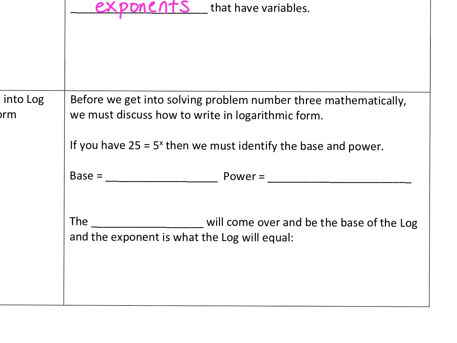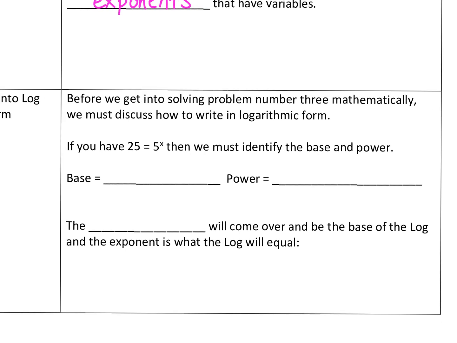So first we gotta talk about how to just write this in what we call logarithmic form, log form. Okay, so if I had an equation that looked like this, we must identify what the base and the power is. Okay, so if we're looking at this equation, we can automatically see the power, the exponent is going to be x, okay? And remember that the base, so whatever has the power on it, that's what the base is, okay? So in this case, it's 5. The 5 has the power on it, so that's why it's the base,